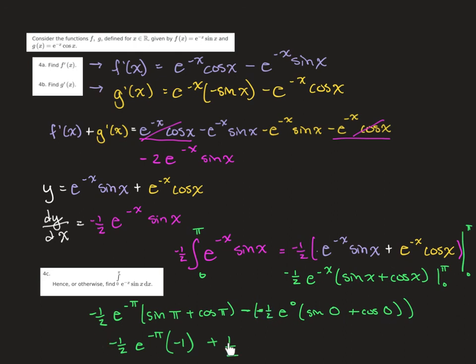And so this right here, we're getting pretty close here. This negative and this negative are going to simplify for us, and we are just going to get 1/2 times e to the negative pi plus 1 as our final